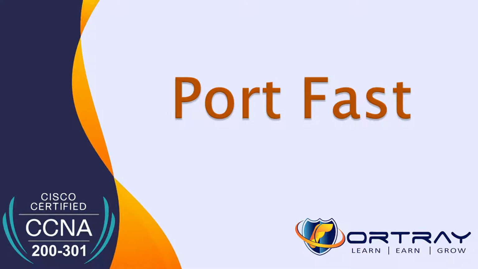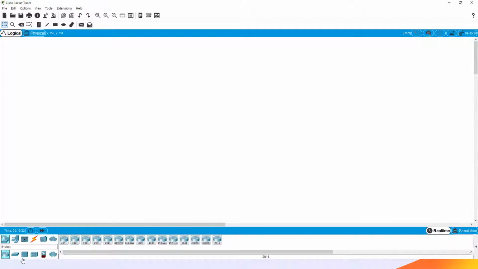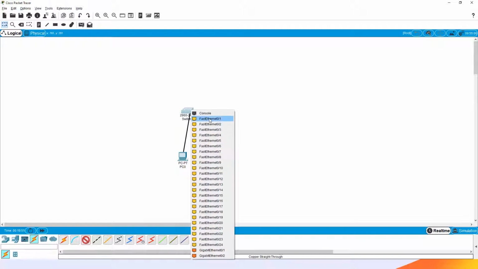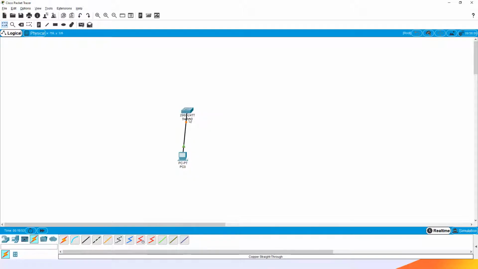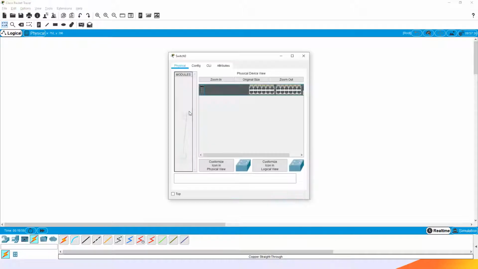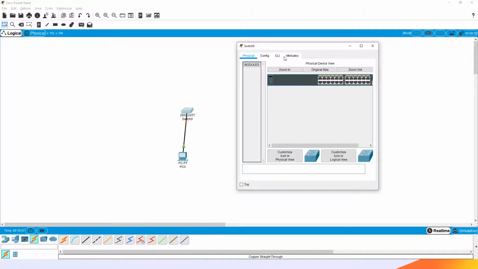So for example, if I show you on my Packet Tracer, I have a switch here. And in this switch, if I connect a machine here, okay, and if I connect this machine, you can see this yellow line, orange line. If I log into the switch, okay,